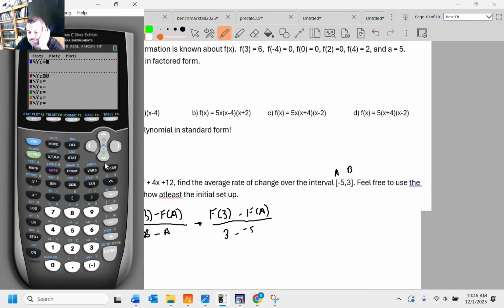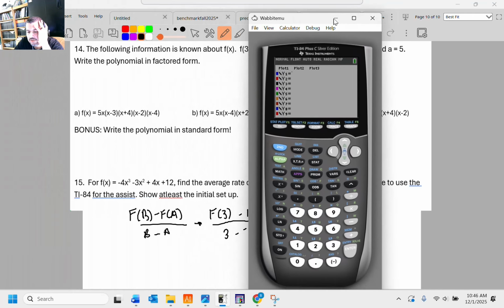So I'm just going to go to y equals, and I'm going to type in the equation. And you can play along at home,